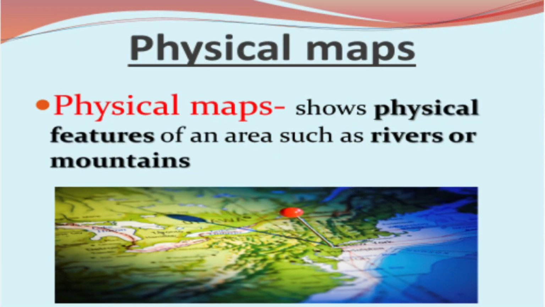Now, the second map is pretty much the opposite of that. If it's not man-made, it's made by Mother Nature. So the second type of map is a physical map. And those are always going to show the physical features of the Earth, whether it's a pond, a lake, a river, an ocean, a mountain, a desert.